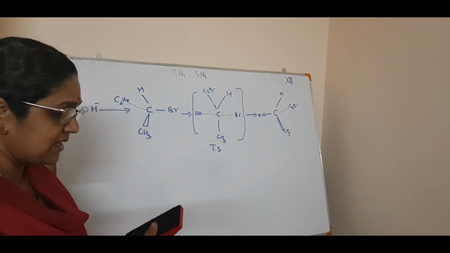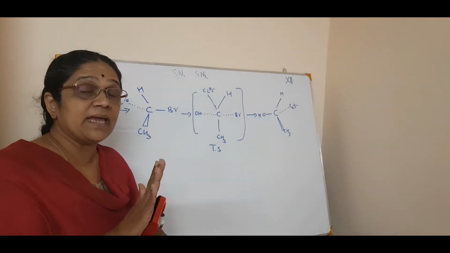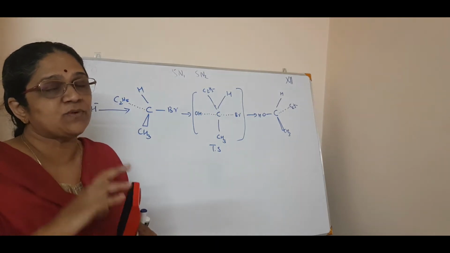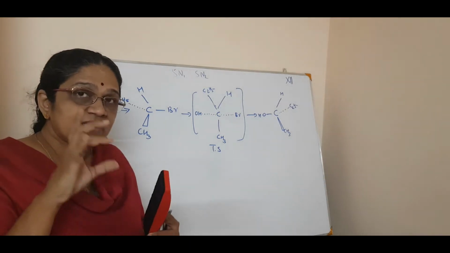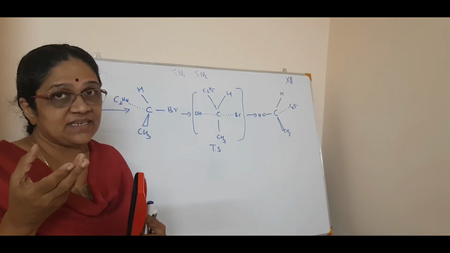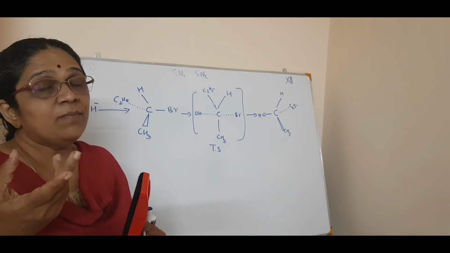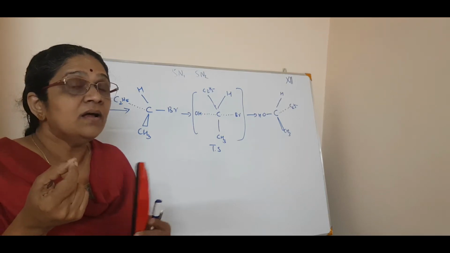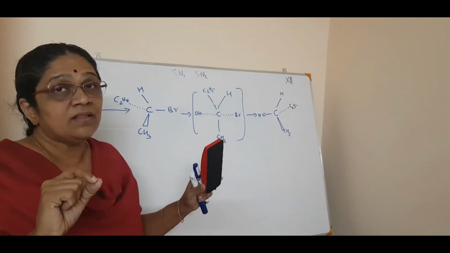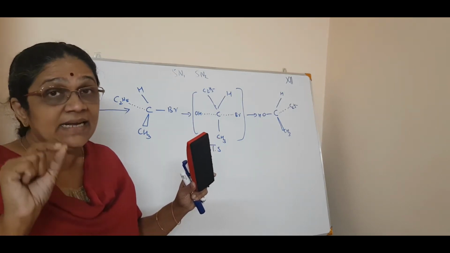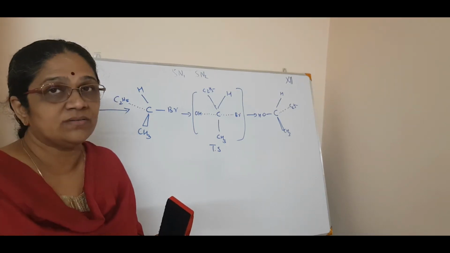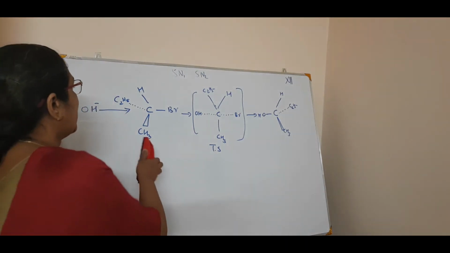Now what is the SN1 mechanism? It's a two-step process, isn't it? It is first order kinetics. Why? Because the rate depends only on the tertiary alkyl halide. The very important slow step, or the rate determining step, is the formation of a carbocation, isn't it? So now we will see how it happens.